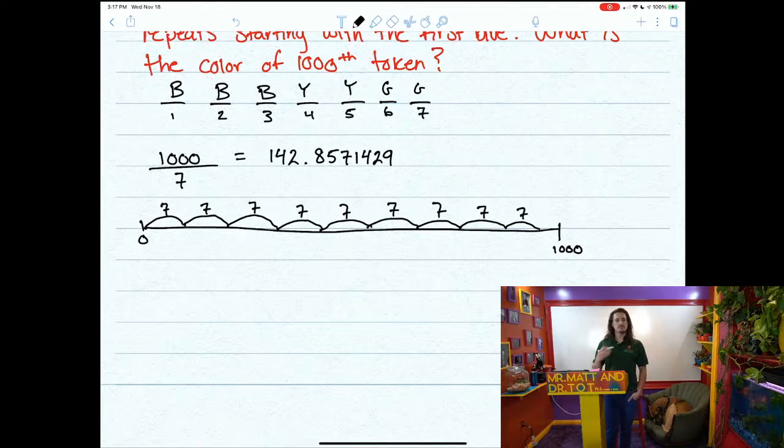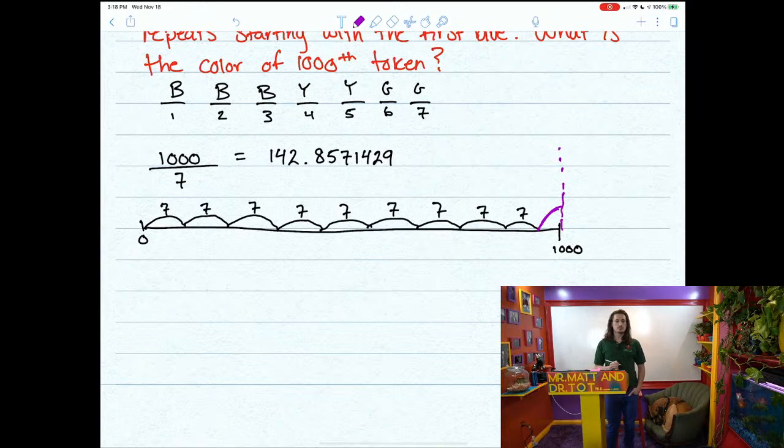They don't ask how many full patterns this machine is going to go through before hitting the 1000th gumball. If that were the case, then the answer would be 142 complete revolutions or repetitions of this segment. But they ask us what color is the 1000th gumball. So I'm really interested in that remainder. That remainder tells me what percentage of the next 7 unique color positions the 1000 total goes into or lands on. So we're really looking for how much we go into this last segment before falling at the 1000th